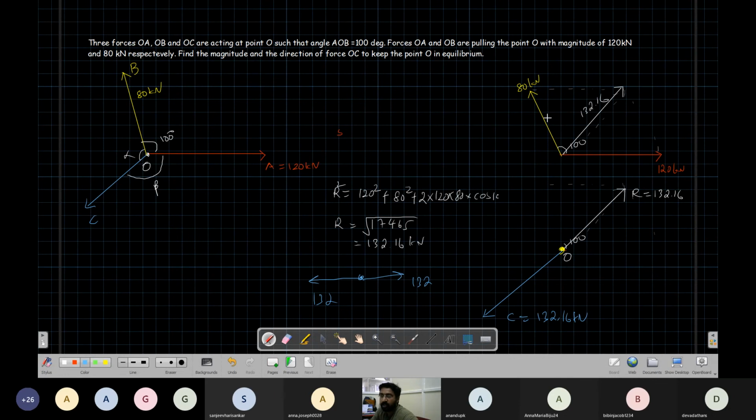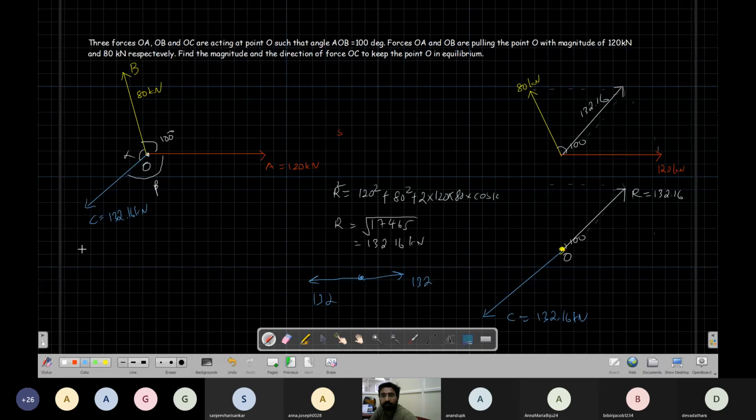In the same way, these two forces are the same as this one force. Now this point is being pulled. On this point O, the total force acting is 132 kilonewton, right? So I have to pull it in the opposite direction with the same force, 132.16. So that means I have got the magnitude of C as